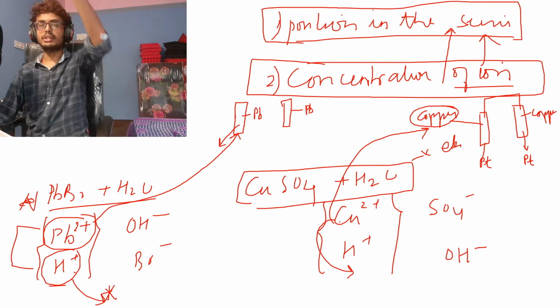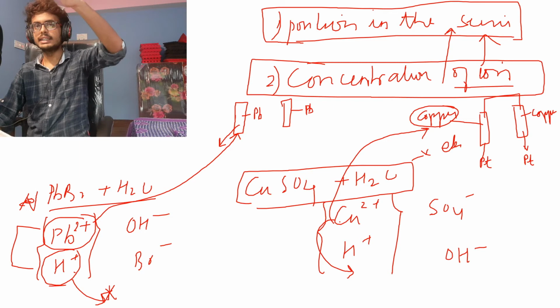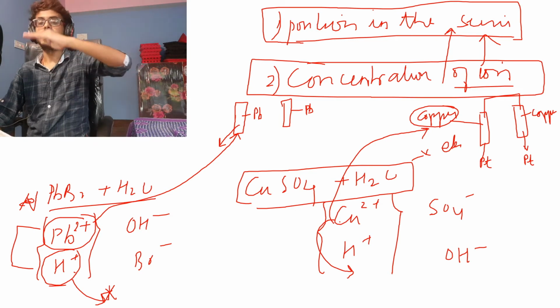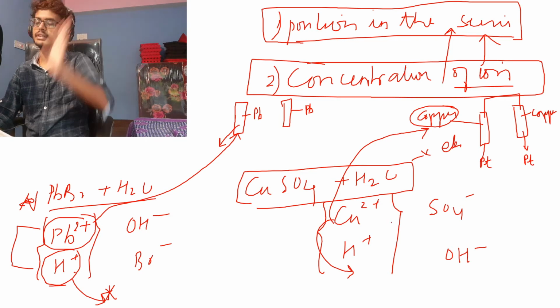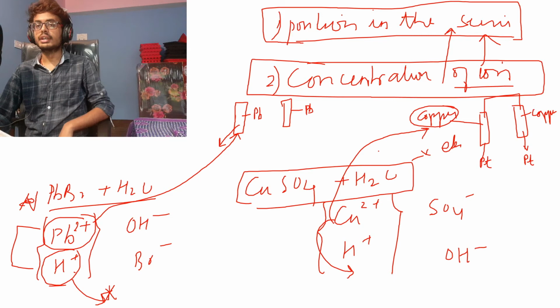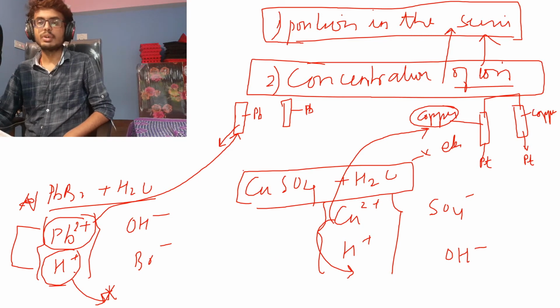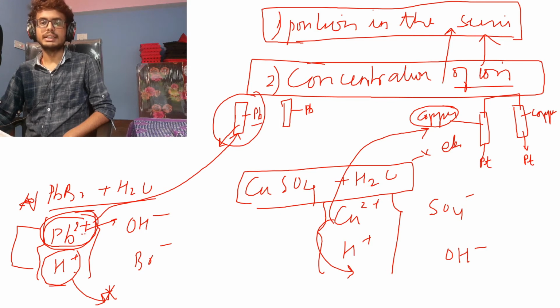You learned from the electrochemical series that if I have two metals and one metal is below the other, then the metal that is below will get discharged for sure, right? But that can be overwritten if the concentration of ions is more. For example, if the electrodes are made up of the same metal that the solution has, like lead, then the lead will go and discharge at the electrodes, not hydrogen, right?